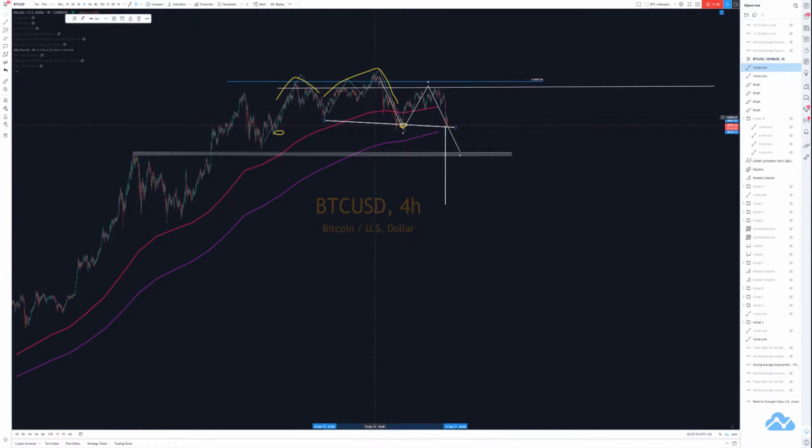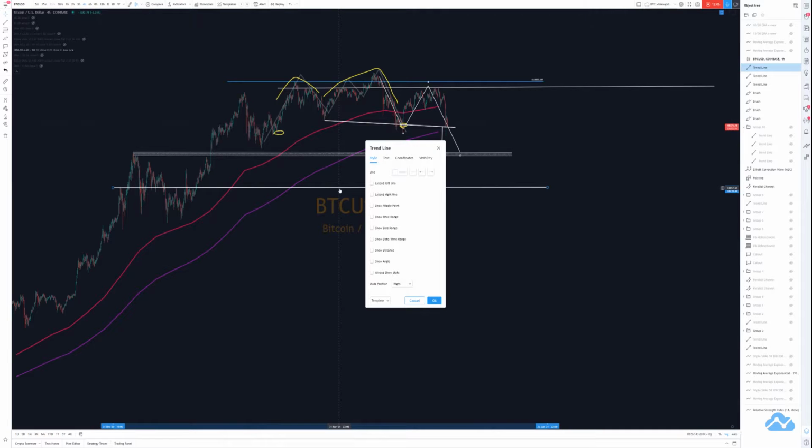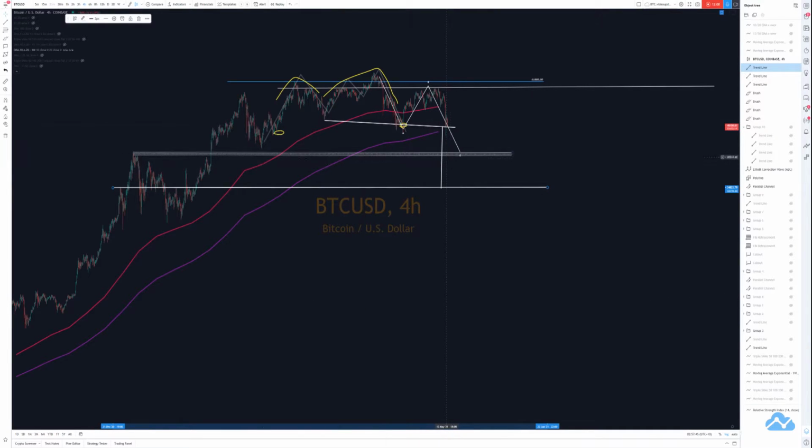So I need to measure that little. It's got to be this one here that I measure to around that level, and apply it there. So it can potentially go down to this neckline here, and that makes sense because that was strong resistance. Strong resistance here, support, which makes it 34K as well. So if the 34 moving average, if this ABC doesn't play out, then this head and shoulders